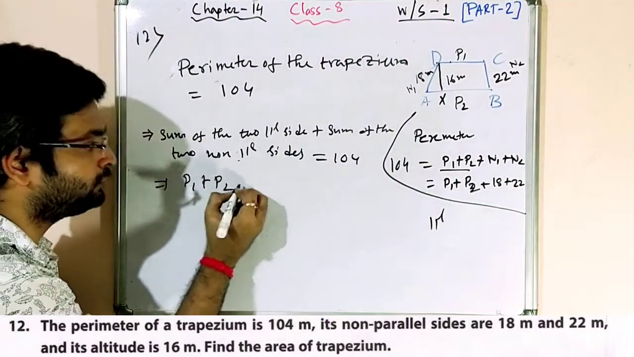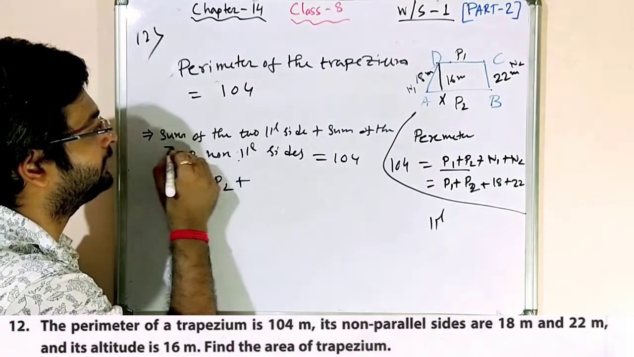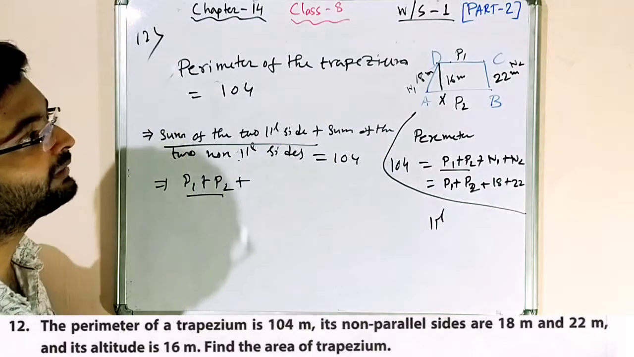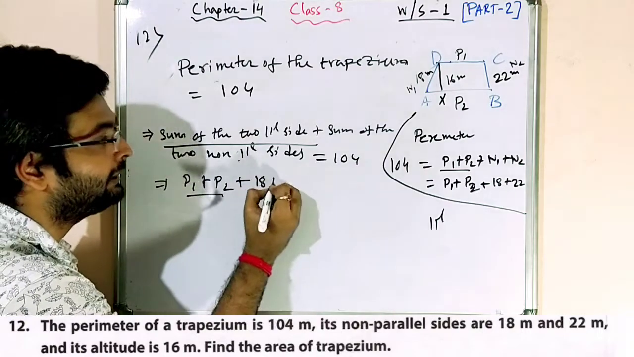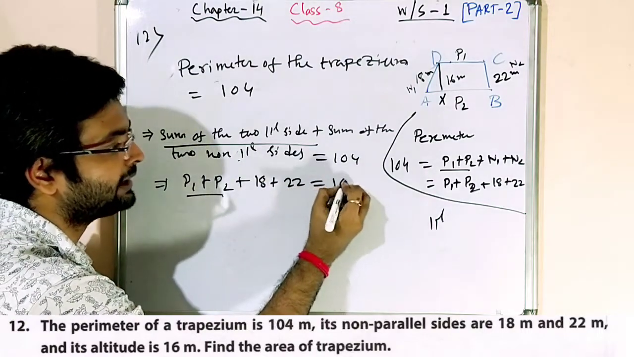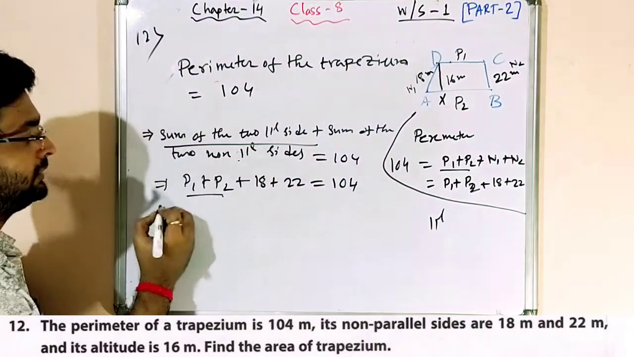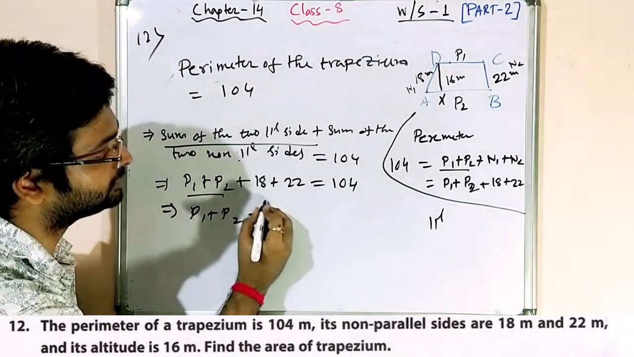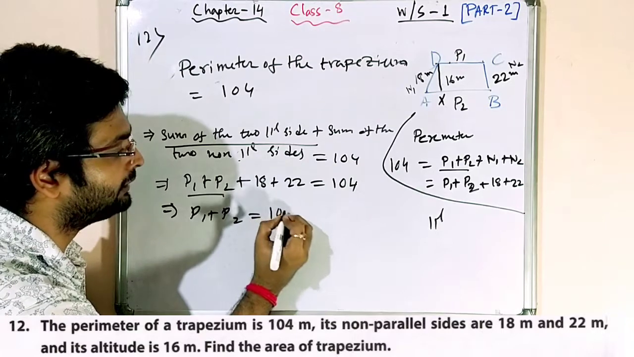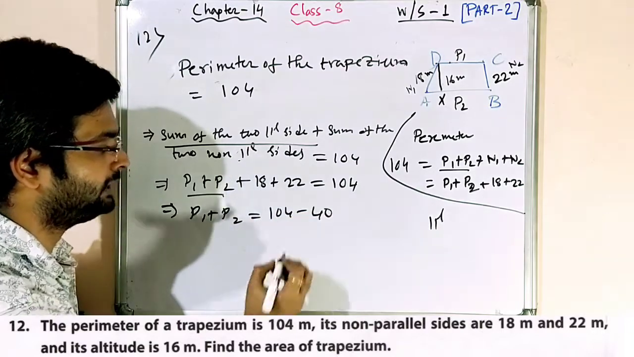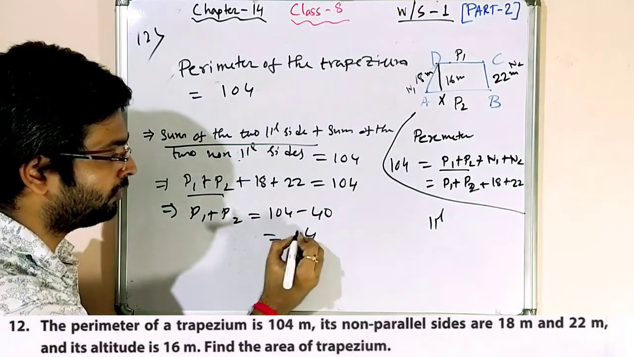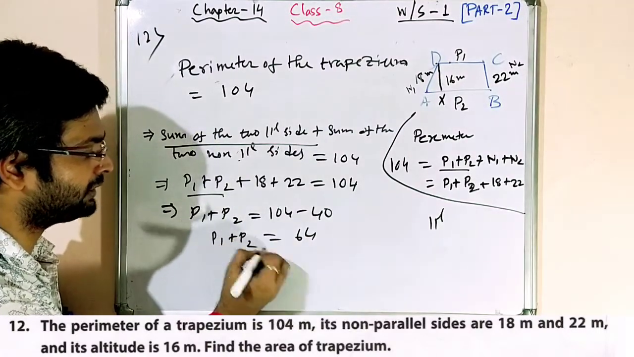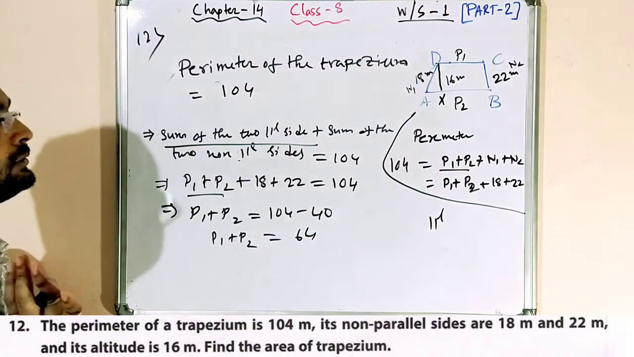तो हम अगर नोटेशन में लिखे तो क्या होगा? P1 प्लस P2 एंड सम ऑफ द नॉन पैरेलल साइड्स क्या होने वाला है? वो है 18 प्लस 22 दैट इज 40। ओके चलो P1 प्लस P2 इक्वल्स टू, अब इसको ऐड करके तो 30 40, सो 104 माइनस 40 दैट इज व्हाट? 64। सो P1 प्लस P2 का वैल्यू जो है 64 है।